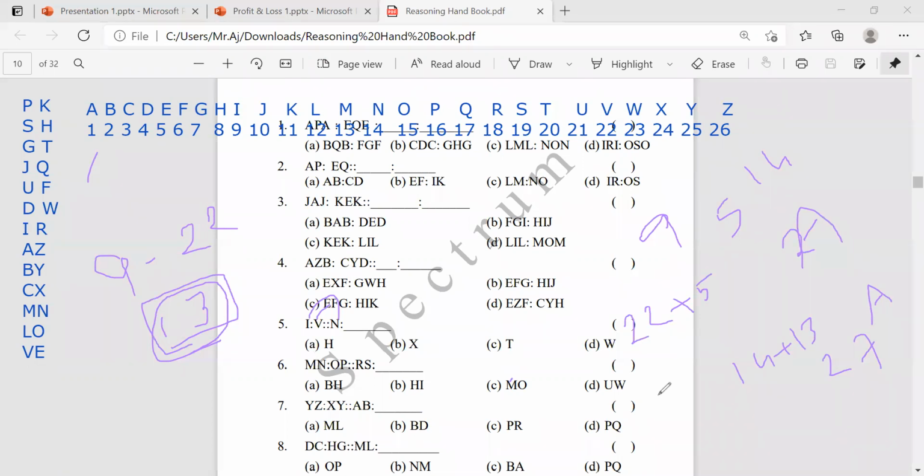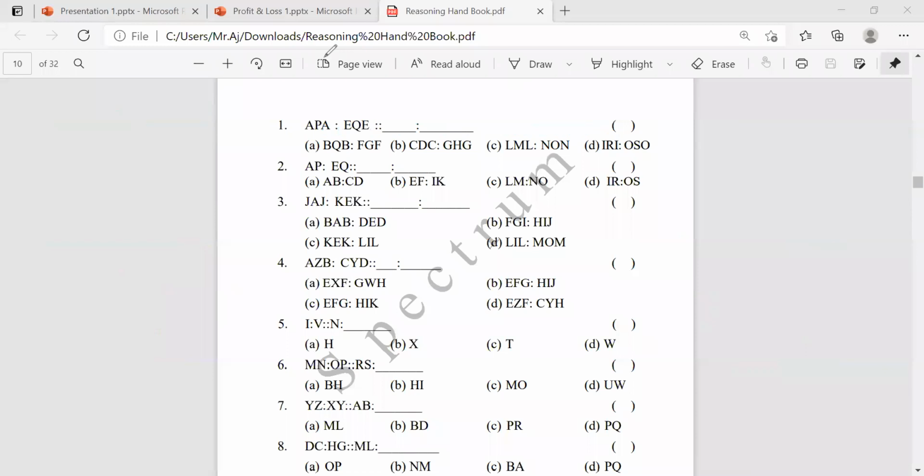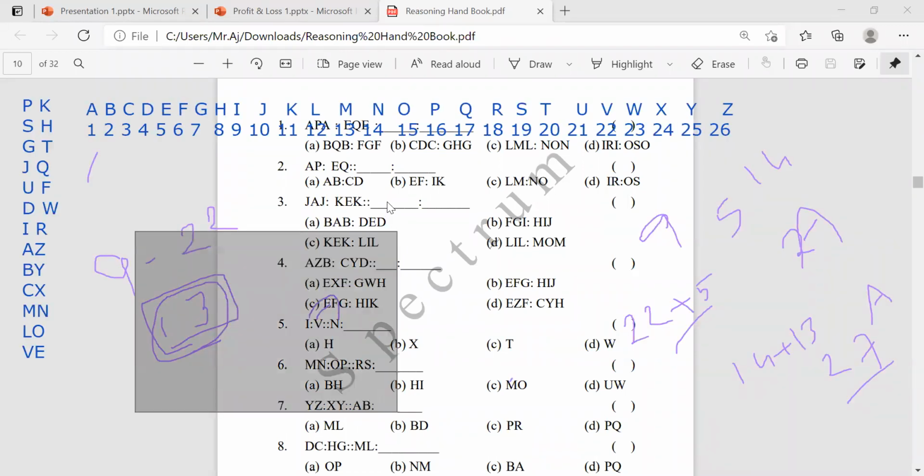Both the things are the same here, right? So 27 and 27 also. Even plus 5 is also 27. 27 means it is reverse. Then what's the next one? Sixth one. Find out the sixth one.